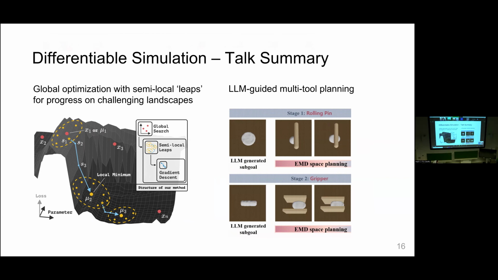Questions? Thank you both. Maybe I'm being stupid, but I don't actually see what the large language model is adding here in terms of allowing a robot to flatten the dough and make a hole and stuff. Can you just elaborate on how you actually extract useful information from it?